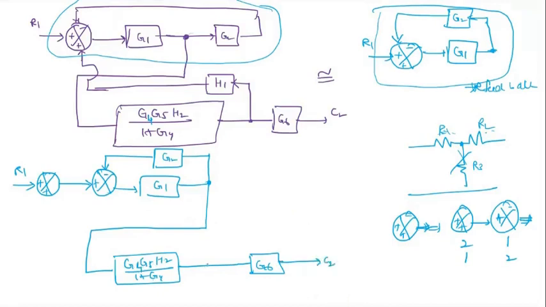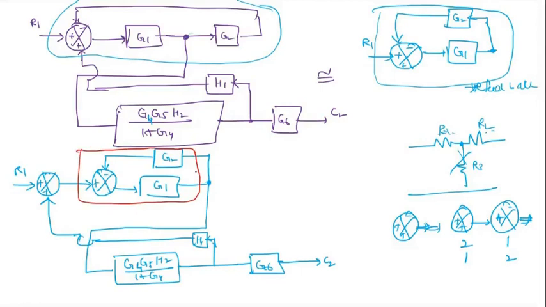So in between the junction here there was H1. Here I can write H1, which is connected to this summing point. It is connected to this summing point. Now, what is the next step? The next point is that it will be negative feedback.